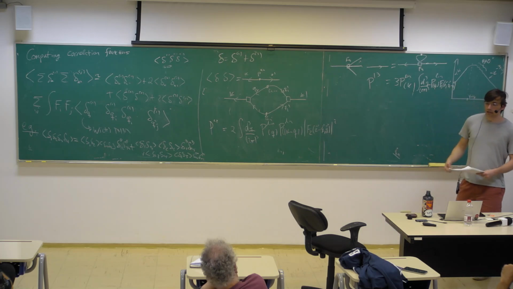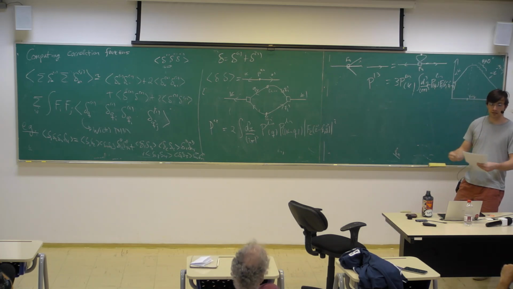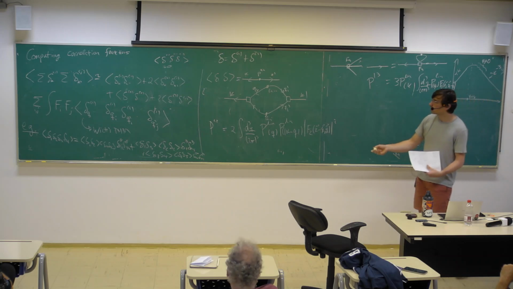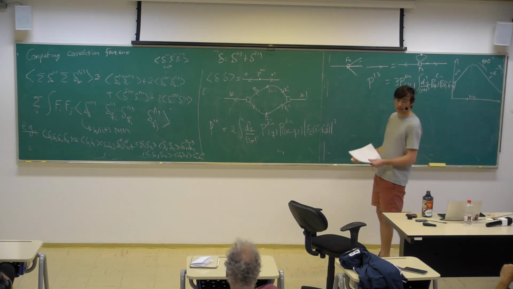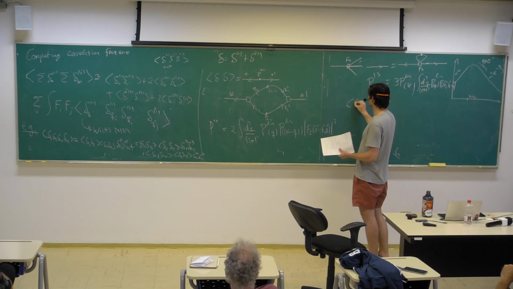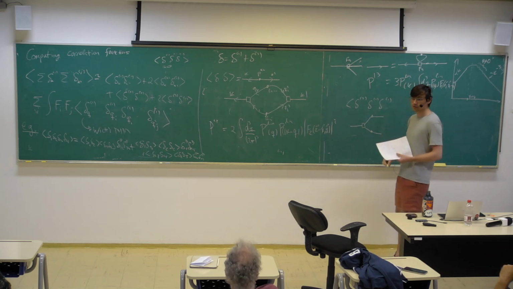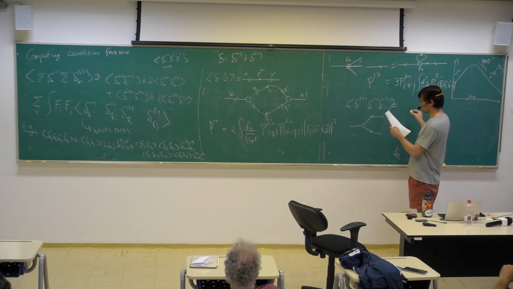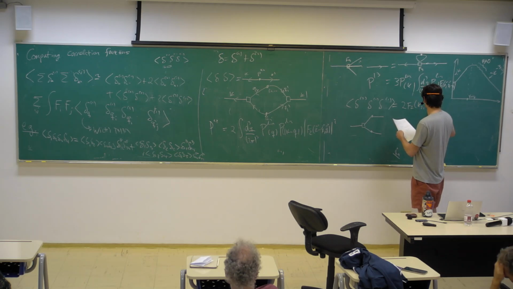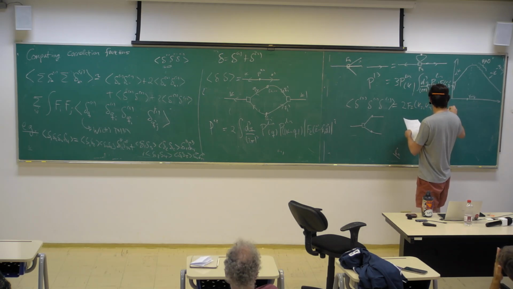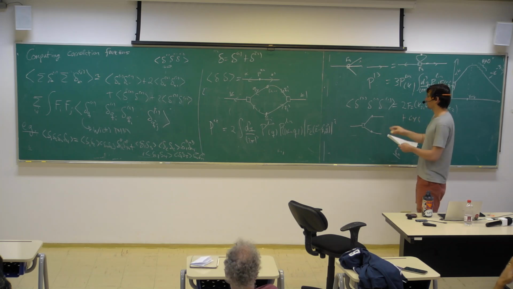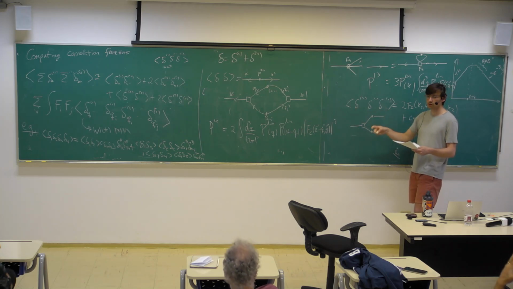This language is actually really nice because now if you want to compute higher order correlation functions like the bispectrum, which people care about a lot, at linear order this is 0, but then it actually turns out that the third order solution is just something like delta 2, delta 1, delta 1. So I just write this diagram over here. I have a leg here, I have a leg here. I just have a linear power spectrum here and a linear power spectrum here. And so this is just, for example, 2 F2 of K2, K3, P of K2, K3, plus all of my cyclic permutations from which field I take to be second order, and so on and so forth.